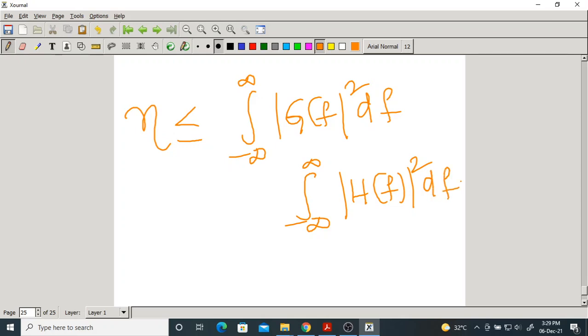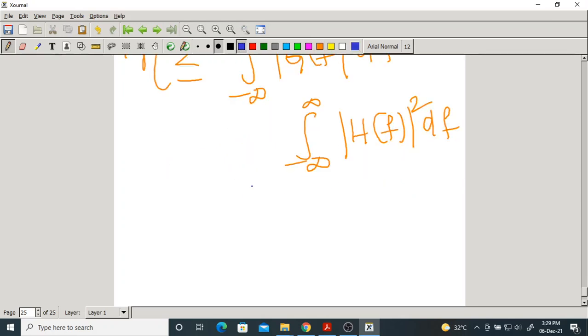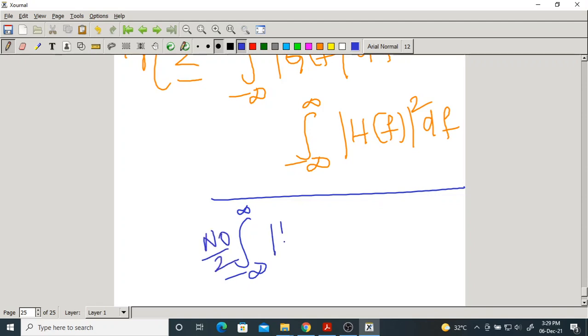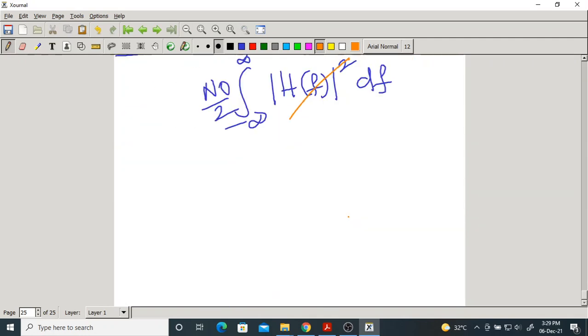Please remember I am writing an inequality, less than or equal to. The denominator is the same, it did not change: the integral of N naught by 2 mod H of f whole square. Obviously this and this will cancel out. So eta, the SNR, is less than or equal to 2 by N naught